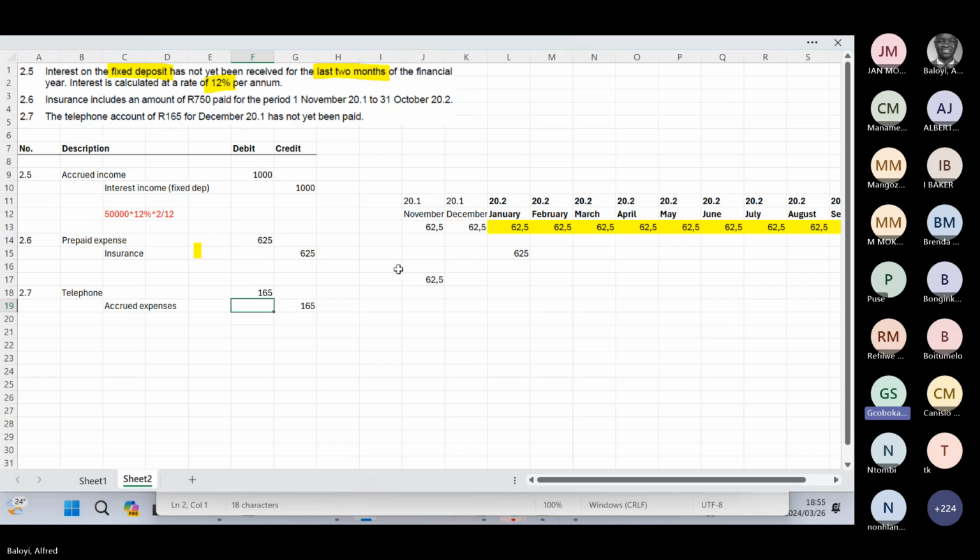So if we were doing, let's say, November and December, what are we going to call it? No, it's normal insurance. There's no issues. For example, if it was just these two, it would be insurance, and for example, if it was paid from the bank, it would be 62.5 times 2. It will be just 125 like this.